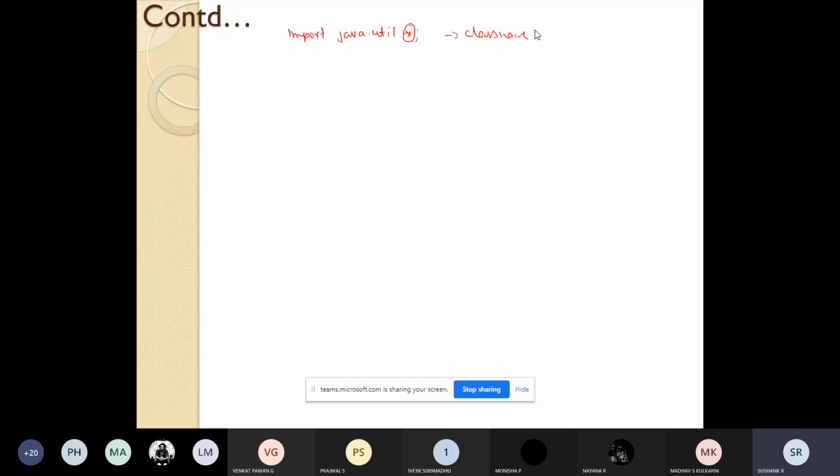Because we have packages, and a package is a collection of classes. We have inbuilt classes in Java also. If you want to print something on the screen, you will use System.out.println, where System is a class. You will also use String arguments inside the main function; here String is a class name. So without your knowledge, you will be using a few inbuilt classes in Java.